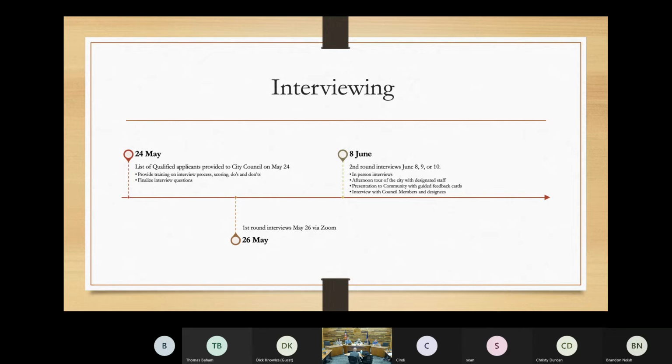Has anything I've said so far caused pause or questions? Madam Mayor, I actually agree with Councillor Trask. I appreciate Zoom when we have council meetings and such when we're out of town or sick, but if we're giving somebody such a high paid position, I would prefer, if possible, an in-person interview, even for the first round. And if they aren't available to come to an in-person interview, then I think that could potentially disqualify them. I would love to have face-to-face when we're trying to interview somebody with that type of position for our town.